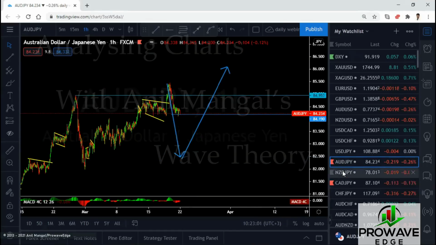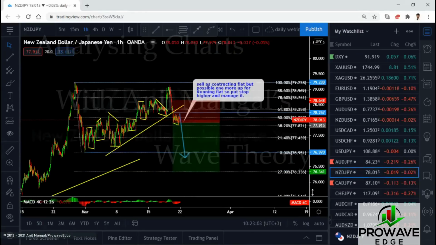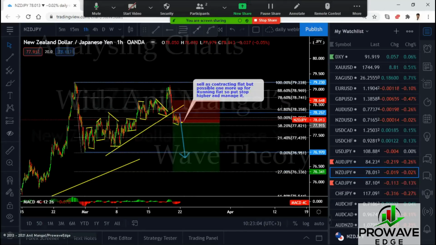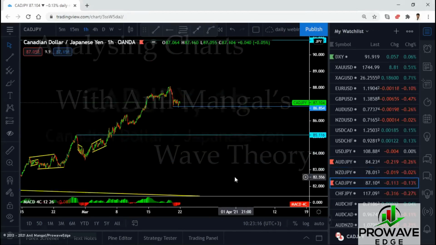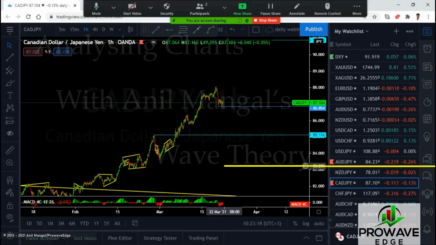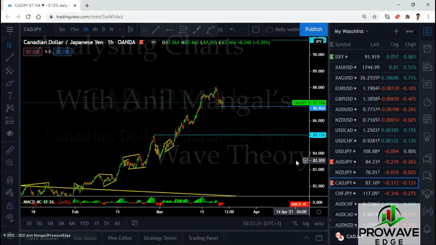A lot of them have that similar structure. New Zealand yen, I already showed you this when I started. Downside here, this would likely break the low because this is not a running flat, this is a regular flat. Then upside. Canadian is the only one that doesn't really have anything to match with except this one, if we're going to go for that. So this might be a slight move down here and then upside, if we go with that regular flat. But there is a down trade here you can go for on the shorter time frame, right?